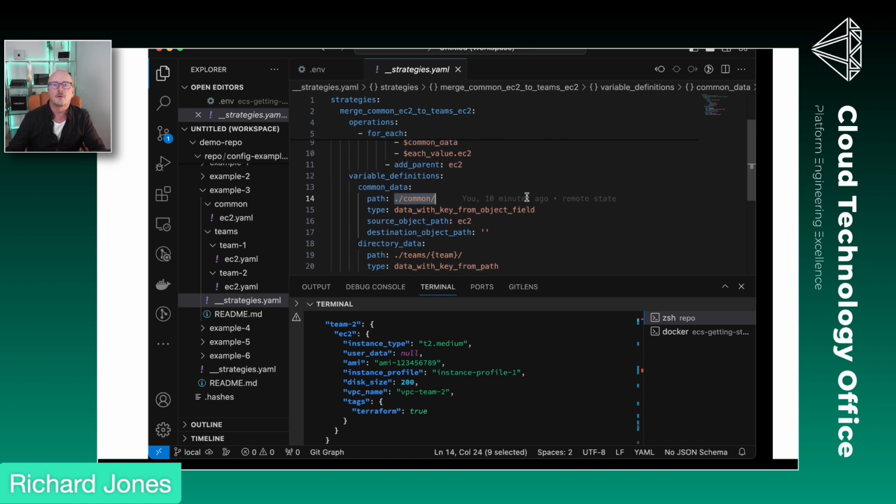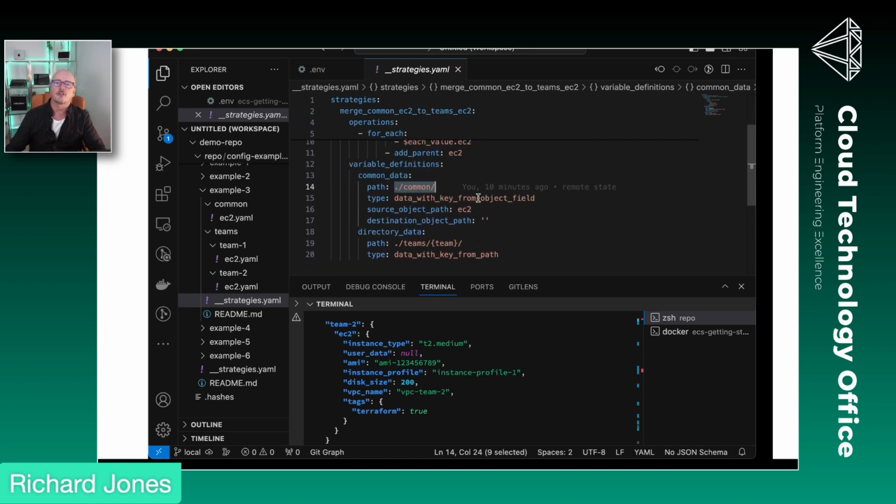This one, yes, this allows us to work with data in the config. So source object path allows us to access objects in the path. Here we're accessing the EC2, so we don't want the EC2 at the top level, just give us everything underneath it for common. And then this one, the directory data, so you see we've got this teams directory, and